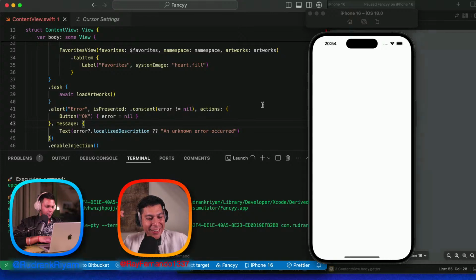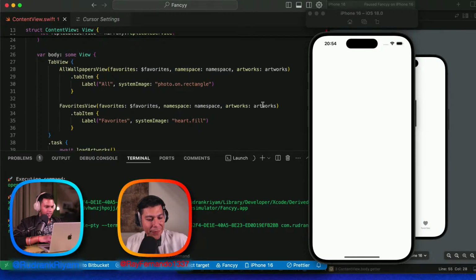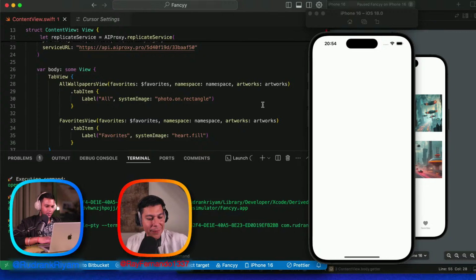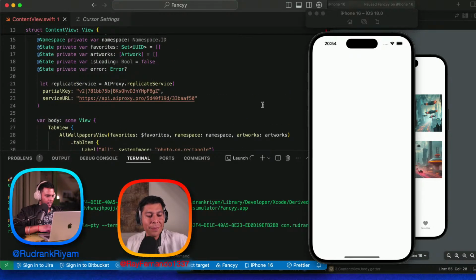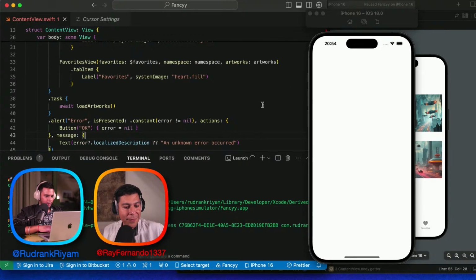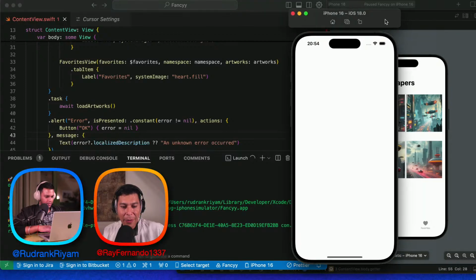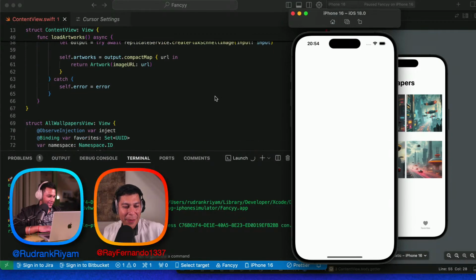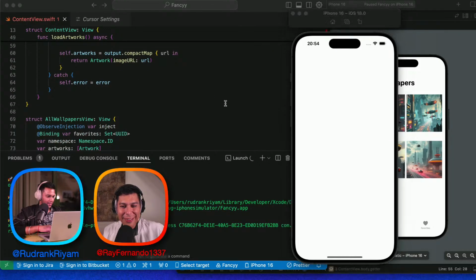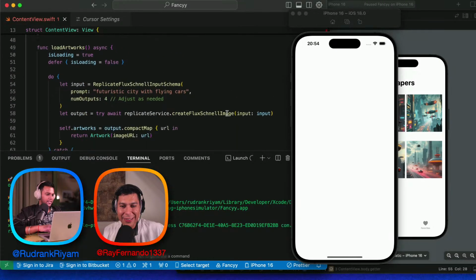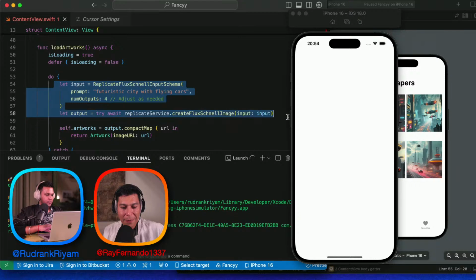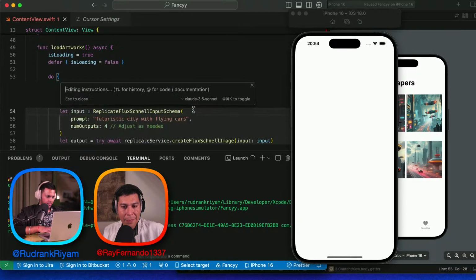So another thing that I wanted to explore, building a bit on this wallpaper app, is that the images right now are in a 1:1 ratio. I was trying to get the simulator working again, but it feels like today's not my lucky day. This stuff happens, right? So what I was saying is that in the input and output, let's see if I can pass, and do I have to mention the